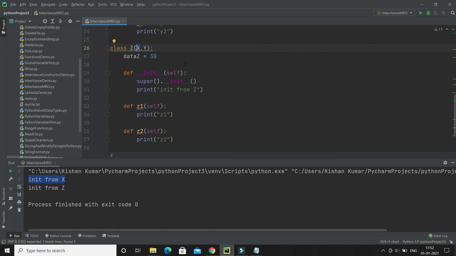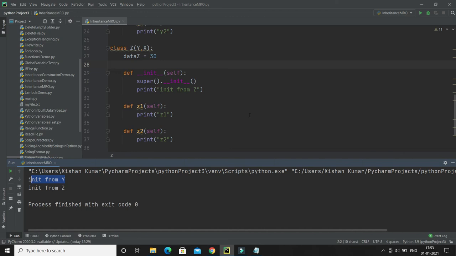Let's say I would like to call the init function or constructor of Y, then you just have to reverse the order. I would say Y comma X. Now it is going to call the init function or constructor of Y itself, because now the leftmost is Y. Let me show you. If I run, then here you can see init from Y is getting called, right?